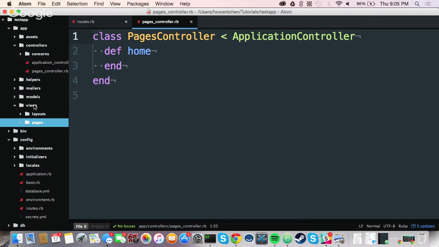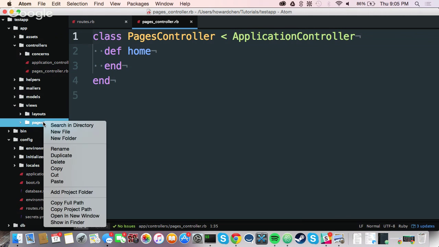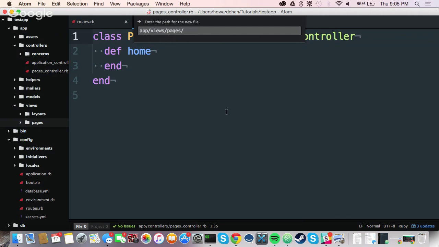You see my views folder? I have a pages folder within it that's automatically created by my Rails generator. Since my generator assumed that I had a controller for it, I have a bunch of views associated with it. And now all I have to do is put new,